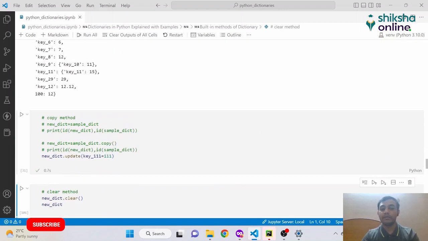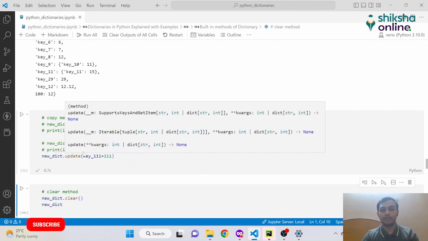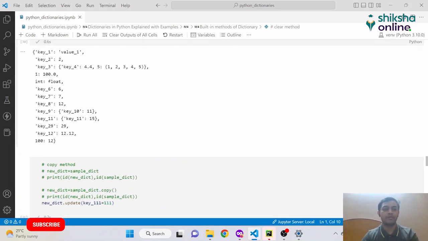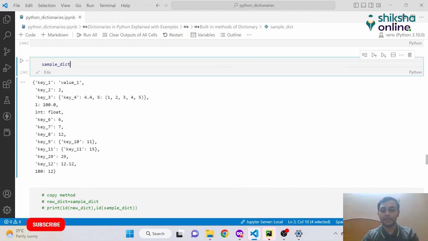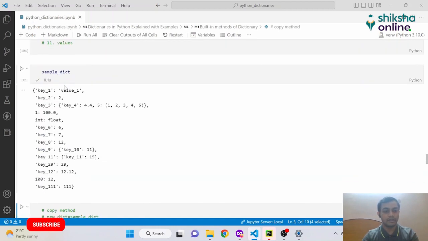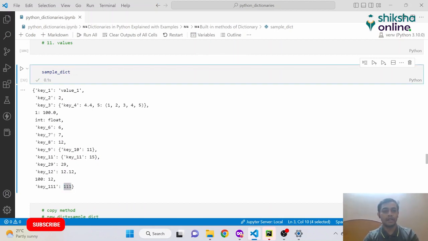And since the memory location of this new dictionary and the memory location of our sample dictionary are the same, it will actually change my sample dictionary as well. So if you run this, you will see that sample dictionary also got a new key and a value of 111 with it. So to avoid such cases where you want to make a copy of a dictionary and not update another dictionary which you used to create a copy of it, we will use